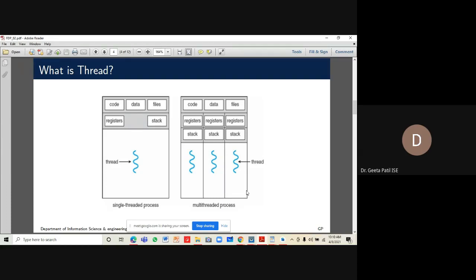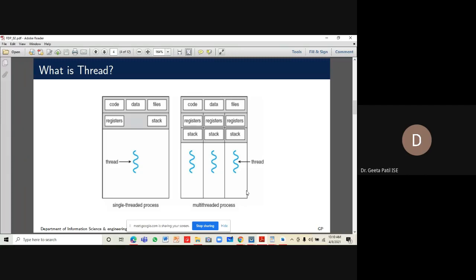When the file is open, the file itself is called data. When you're writing your C program, it consists of code. It has got some data, local or global variables associated with it.